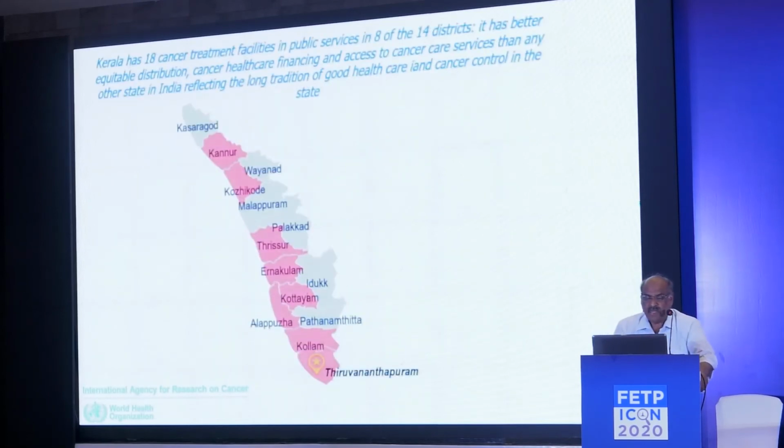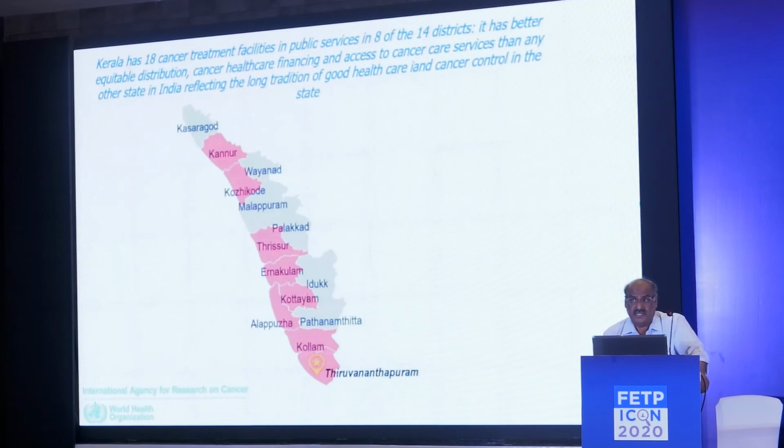And finally, among all the Indian states, Kerala has probably the best cancer control at the current moment. Globally, I would say Australia has the best cancer control anywhere in the world, very comprehensive, followed by countries like Canada, Oman, and places like that. In India, at the moment, the health system response for cancer is the highest in Kerala. And this is because of the commitment of successive governments to invest